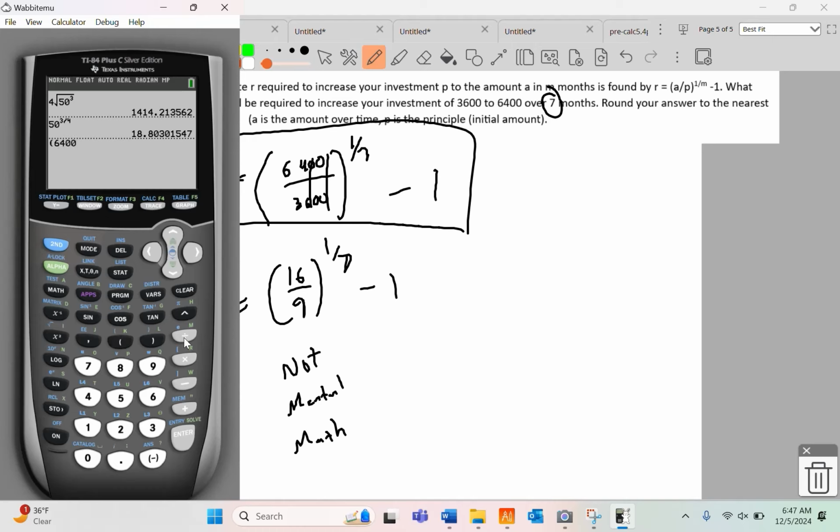So we got 6,400 sitting pretty over 3,600. We're going to rooftop that to the 1/7. And then we're going to take away 1. And that's your interest rate. Now remember, that's per month. That's 8 point, well, I'll write down 4 decimal places. It's 0.0857